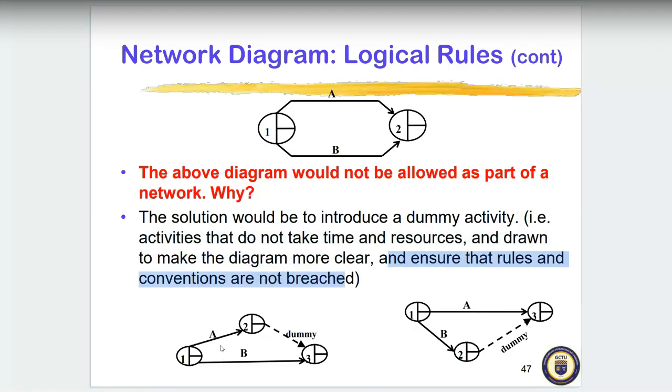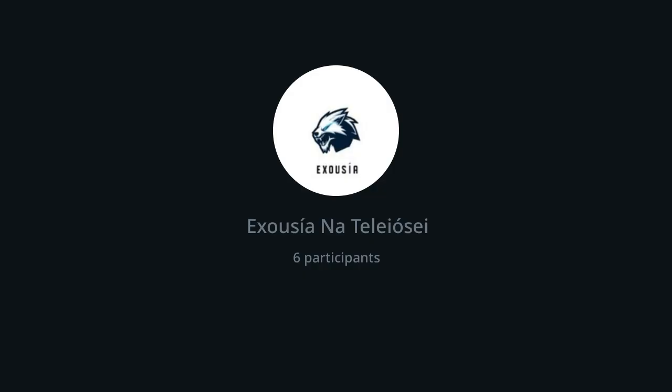So this particular solution that they brought in here was this. They had activity A, activity B, and then event one, event two, event three. But from this particular event, we had a dummy from here, because they all can't be using the same event. So the only thing that can happen is that we should have